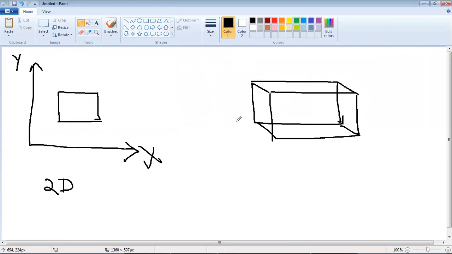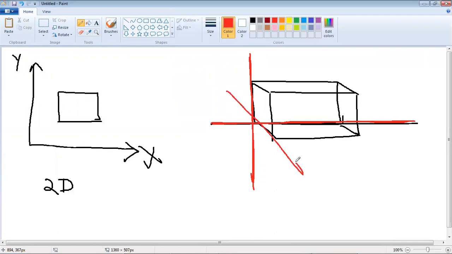Now you can see this axis is the x-axis. This axis is the y-axis. And this axis is called the z-axis.